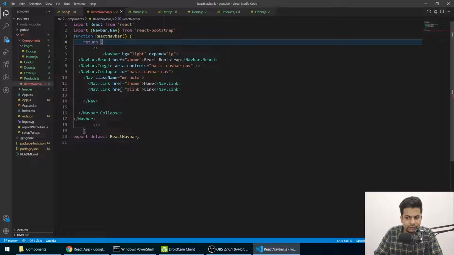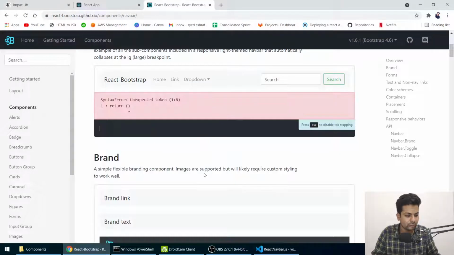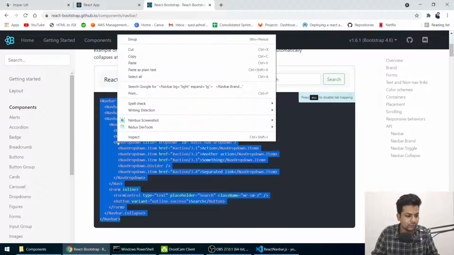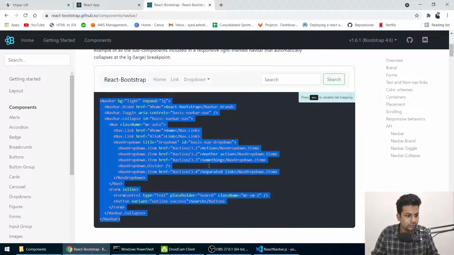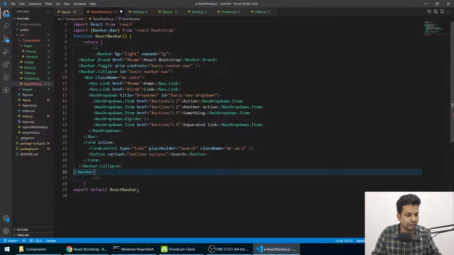Why? But it's giving me an error. Let me just copy it again and then remove anything. Controls. And we'll just copy this thing, come here, paste it and save it.